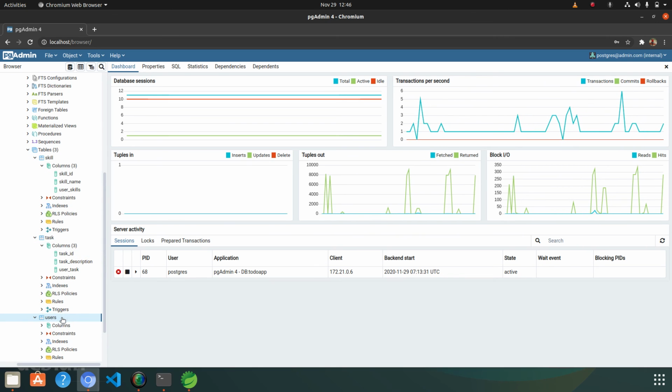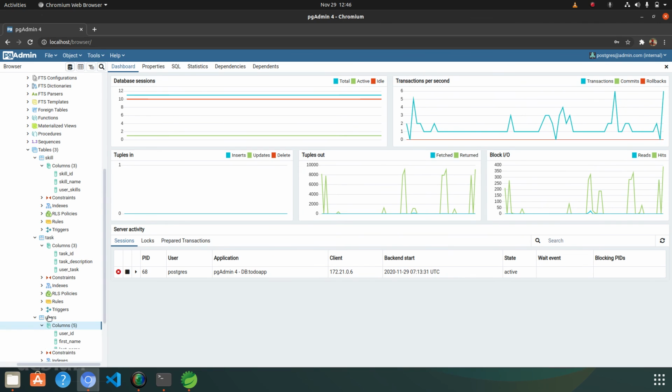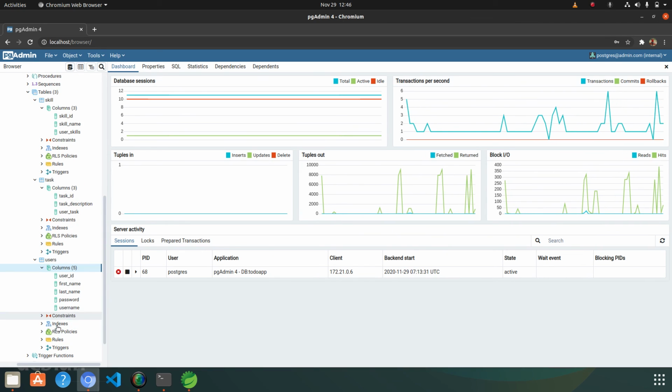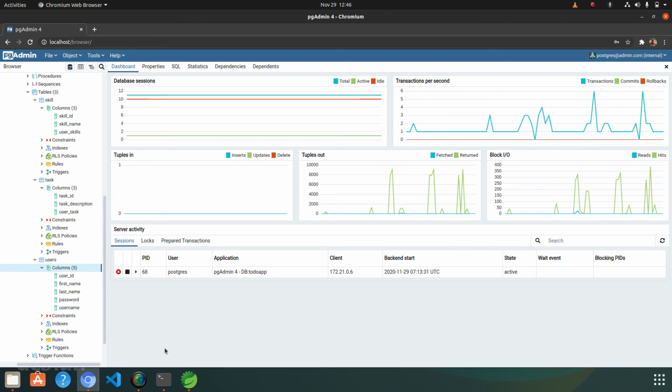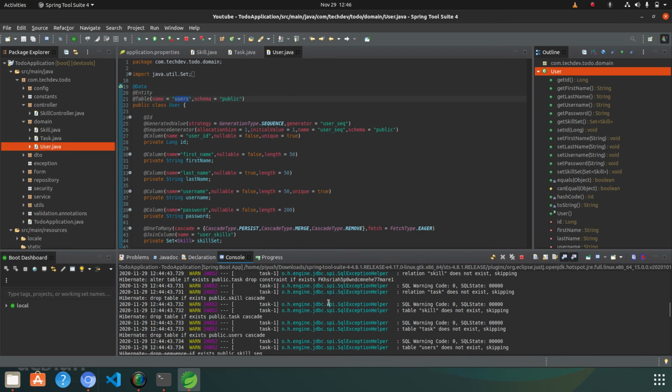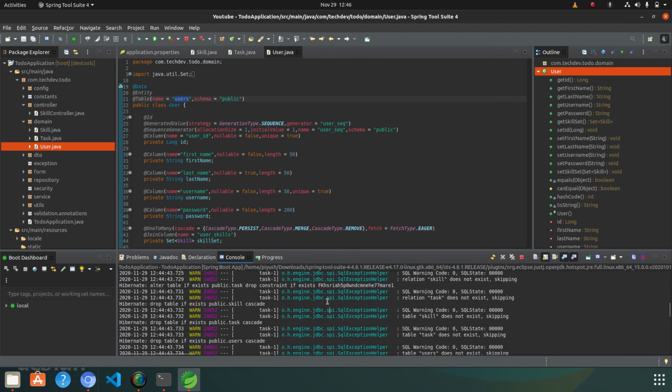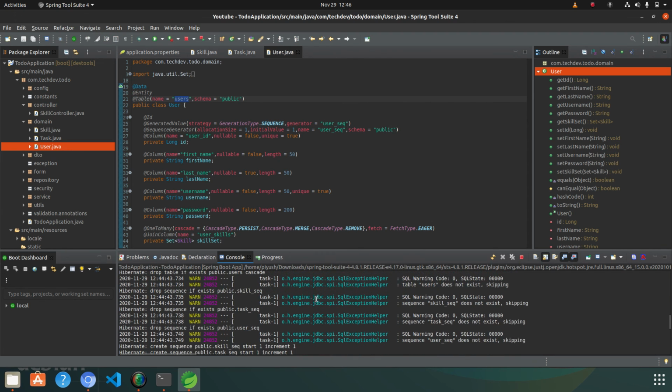And inside users, in the columns, you can see user ID, first name, last name, password, and username have been created. So our database has been created and the tables inside it as well. In our next video we will continue towards creating the REST APIs.